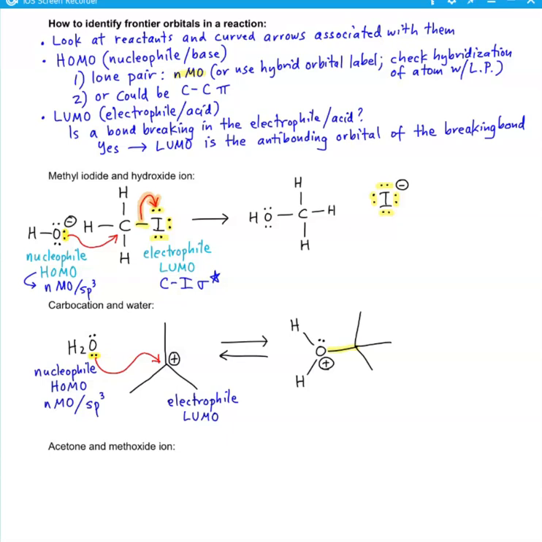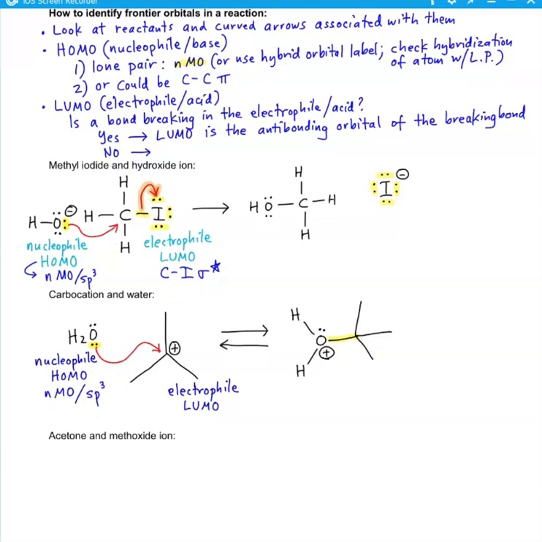Okay, for the electrophile, let's go back up to the top. Remember that the question we have to ask is, is a bond breaking in the electrophile? Well, when we look at the electrophile, there are no curved arrows showing any bonds breaking there. So the answer to that is no. Okay, so now let's think about what that orbital could be. The hybridization of the carbon with the positive charge is sp2. So it's sp2, and that means the following, that its valence orbitals